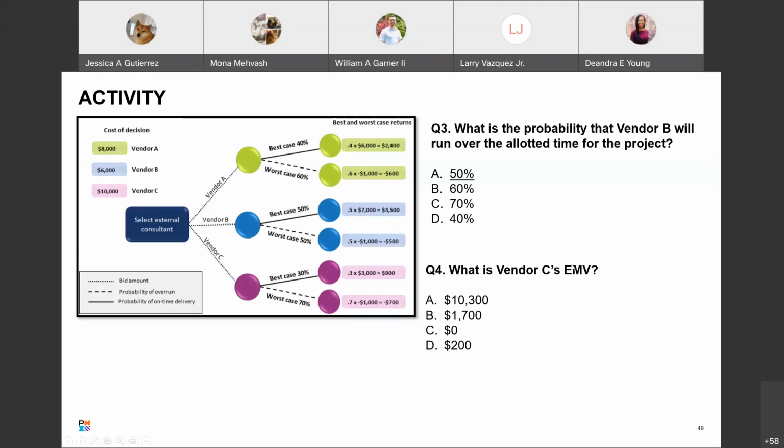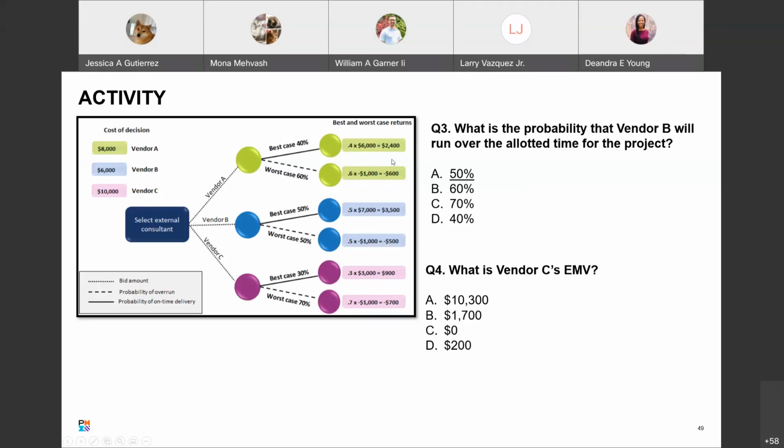We talked about net EMV, expected monetary value, right? EMV is probability times impact. When you're making a decision, you've got to look at both of those, and it's the sum of those. So up here, the sum of P times I for the best case, and the sum of P times I for the worst case, if you add them together, it's $1,800. That would be your net EMV.